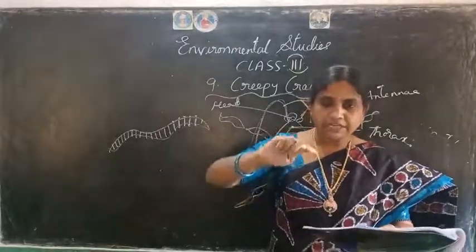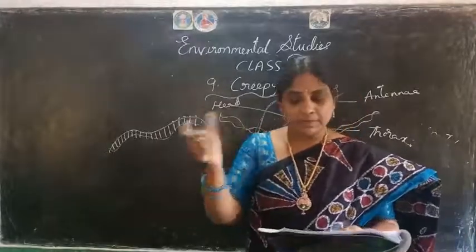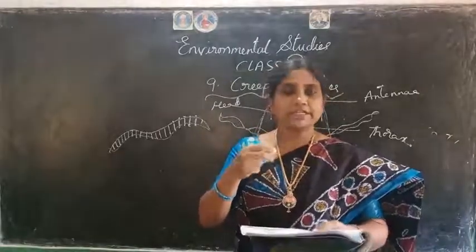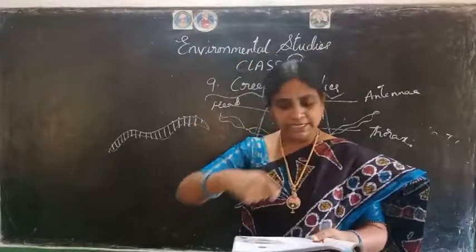From the egg, it will come out as a pupa. Pupa is there in the diagram. So it will come out and afterwards it will start eating the leaves and grass and all, and it will become very fat. Afterwards what will happen? No, it will cover itself.